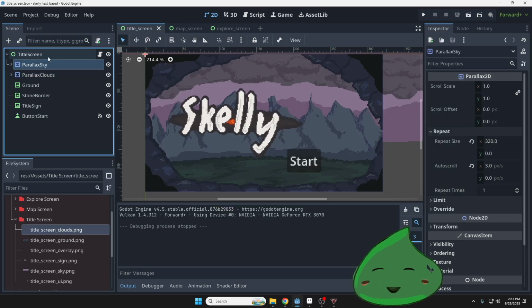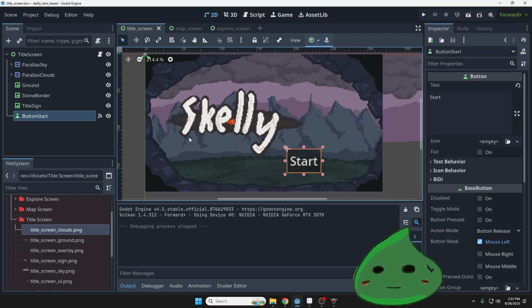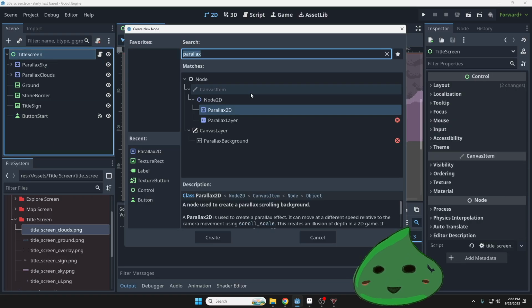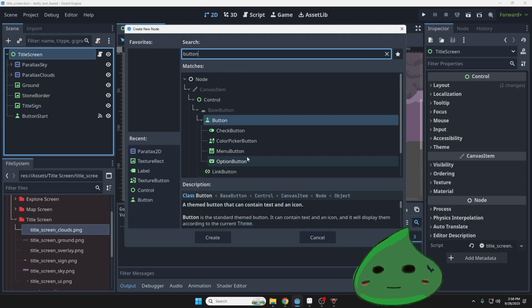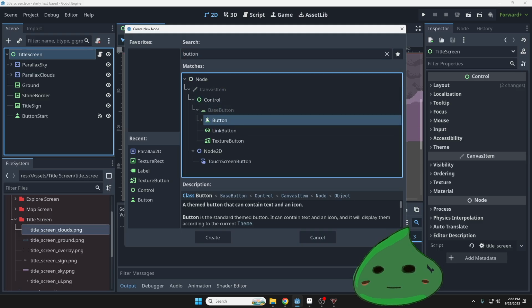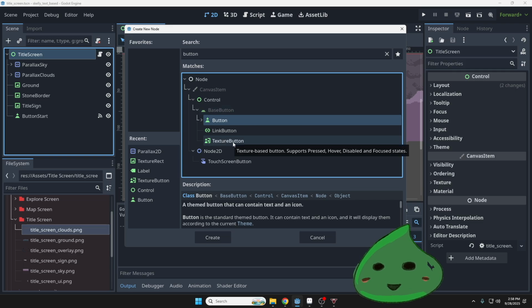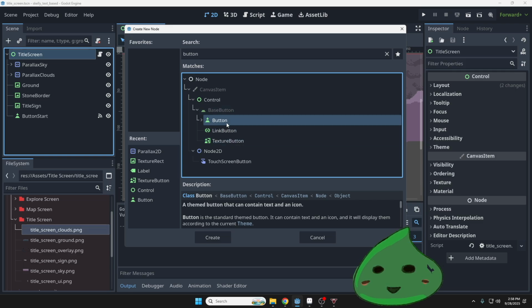And now what we're going to do is go to this button start. And the nice thing about this button is, let's take a look at just the button node real quick. You guys don't have to do this step. Let me just show you something. The button inherits from the space button, right? But so does the texture button, which we want to use here. And so even if you change the type from this to this, it actually still retains a lot of its